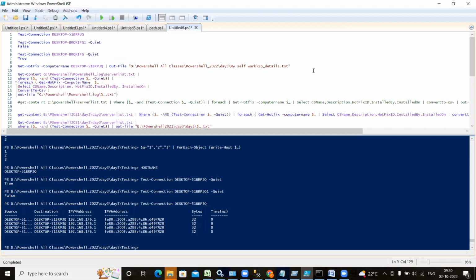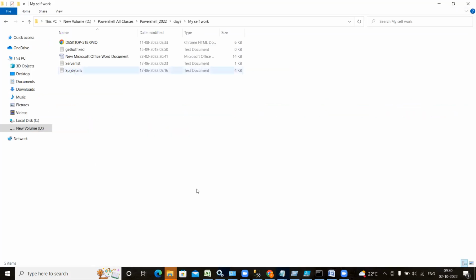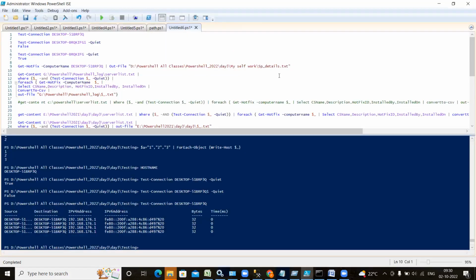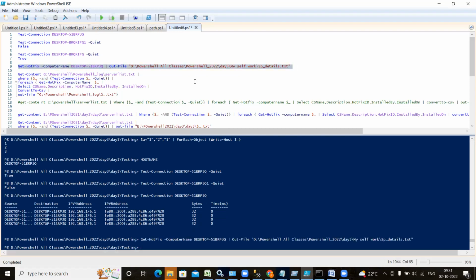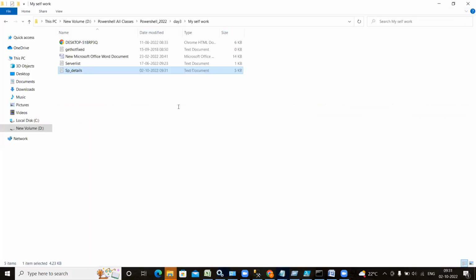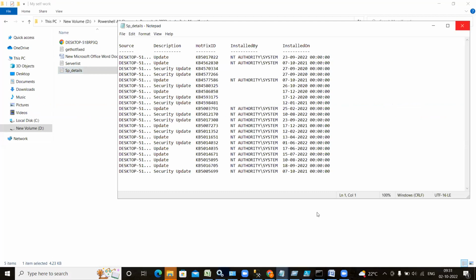So what it will do, SP detail, it is there, any folder, SP detail, it is there. I will delete this. Okay, so what I will do, I will go here and I will execute it. So one result has been created in this,